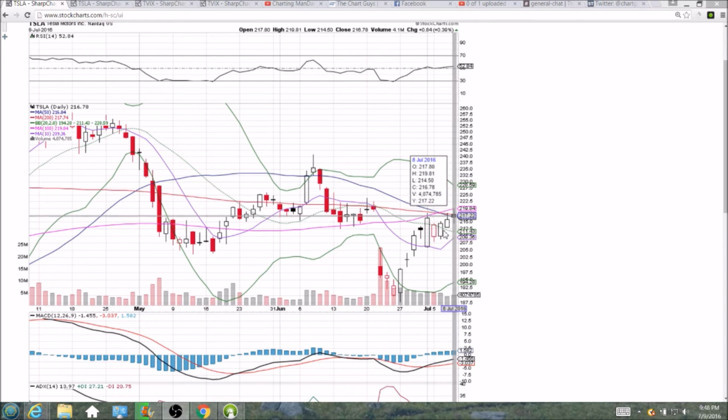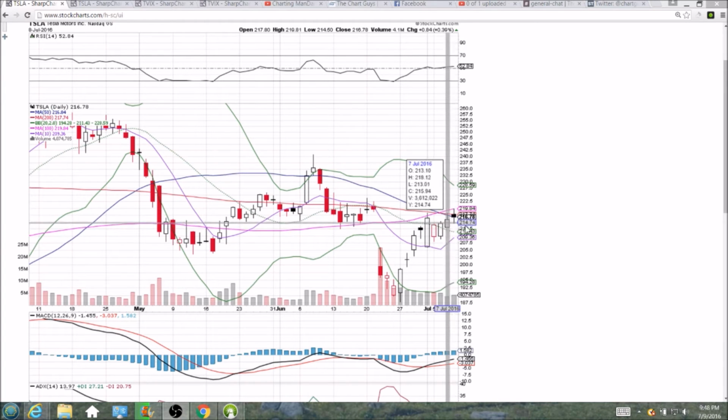So if we break that higher low pattern and break 214.50, that right there can be a bearish signal that will have you expecting the middle Bollinger Band to be tested. So the markets are extremely bullish, and the fact that the Tesla bulls couldn't get over these levels with the backs of markets at all-time highs or right before all-time highs here knocking on the door, that definitely is a